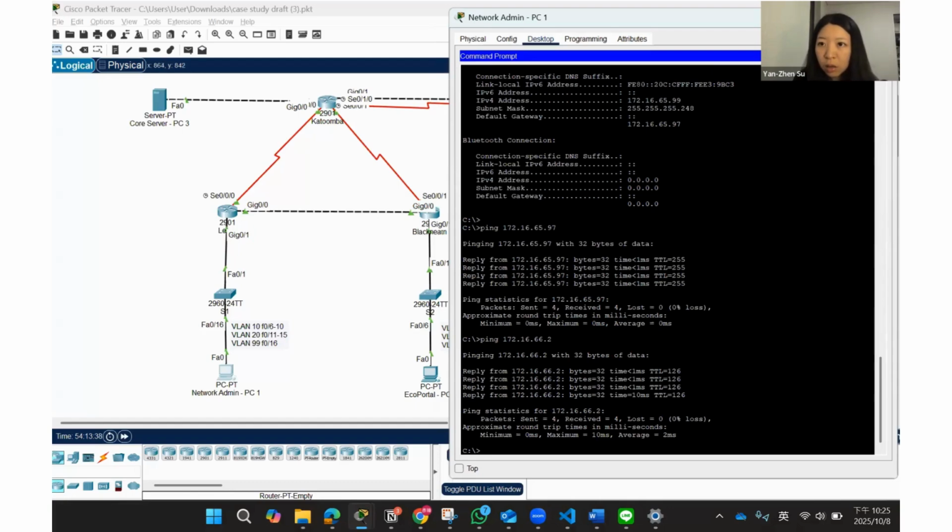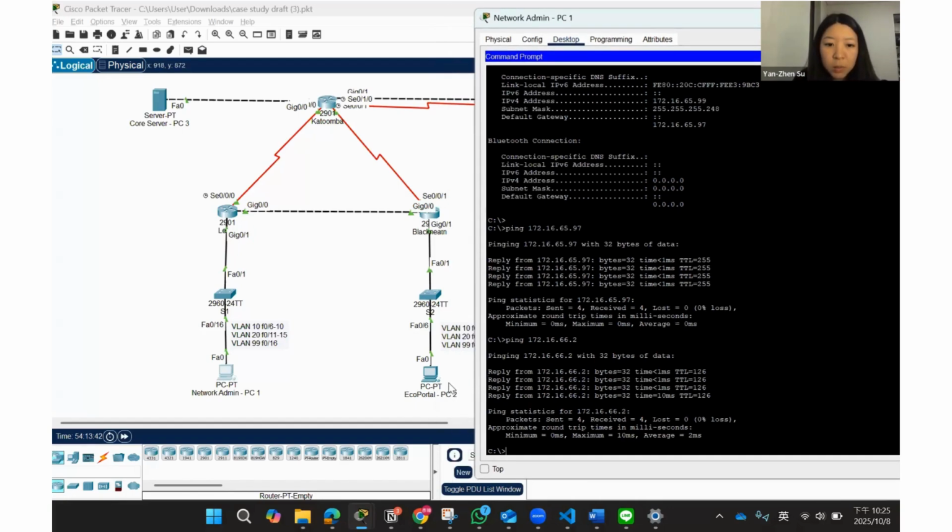Looking back at the topology, we can see PC2 belongs to another VLAN named EcoPortal. And the reason we can ping it successfully is because we have set VLAN trunking on the switch and we